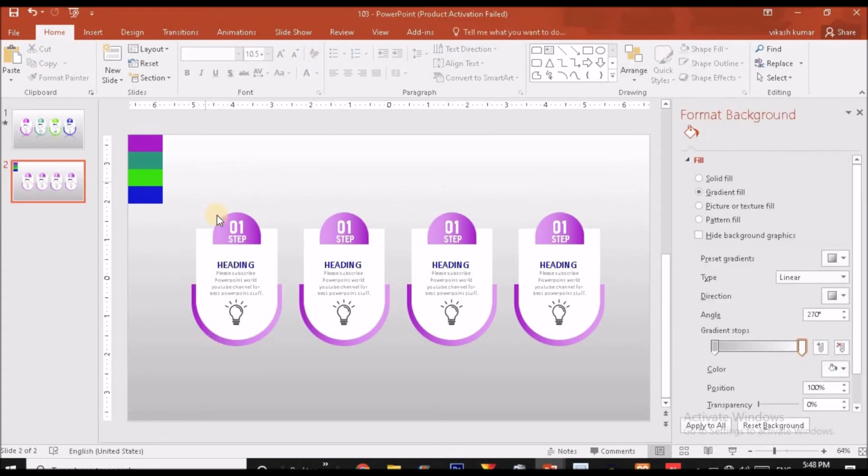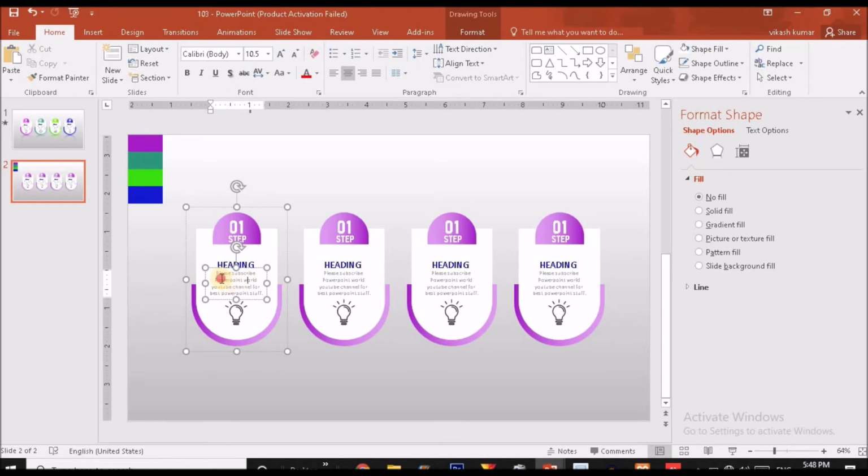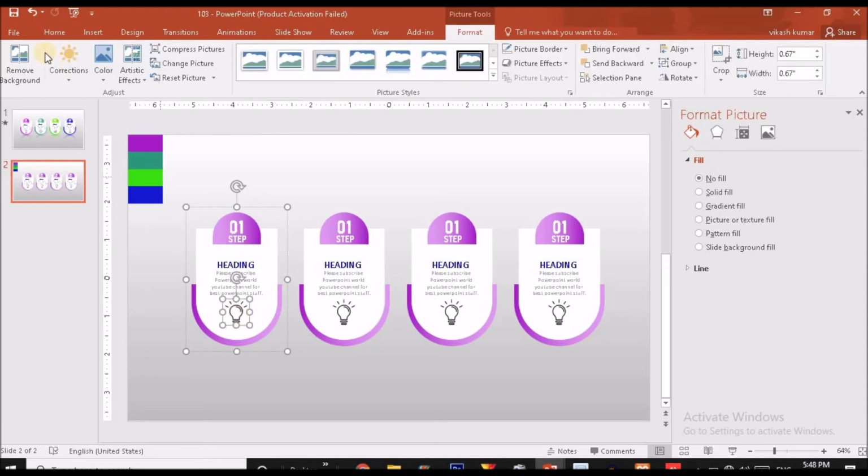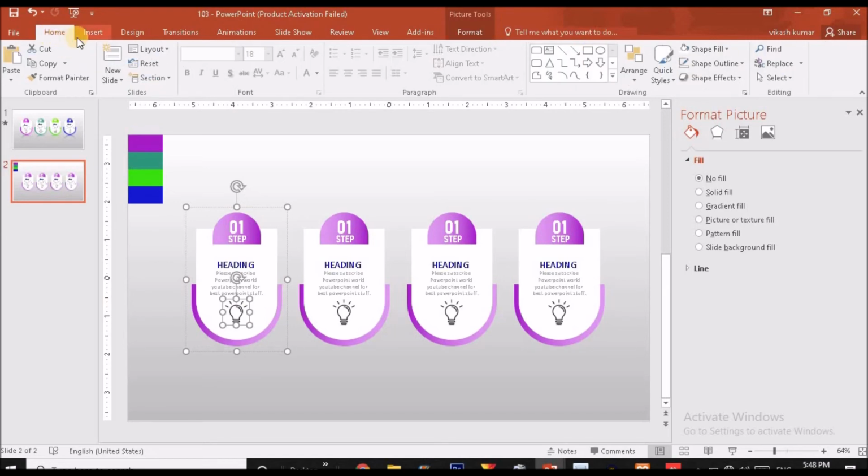Now what we have to do for the text part, let me show you what I'm using. For the text part I'm using Calibri body and the size is 10.5. For the heading part, I'm using Humans 777CN and the size is 18. And this is the logo I have downloaded from flaticon.com, so you can go there and check out the logo and use it in your project. Now I will choose the gradient and fill all the rest of the shapes with the different gradient colors. For now I'm doing the video in fast forward mode so that we can save the time.